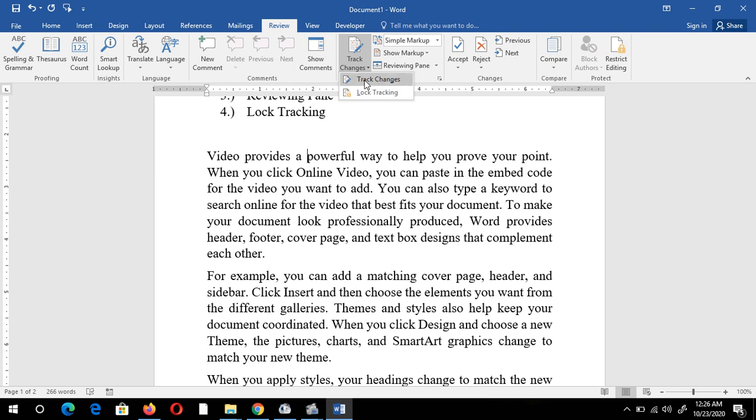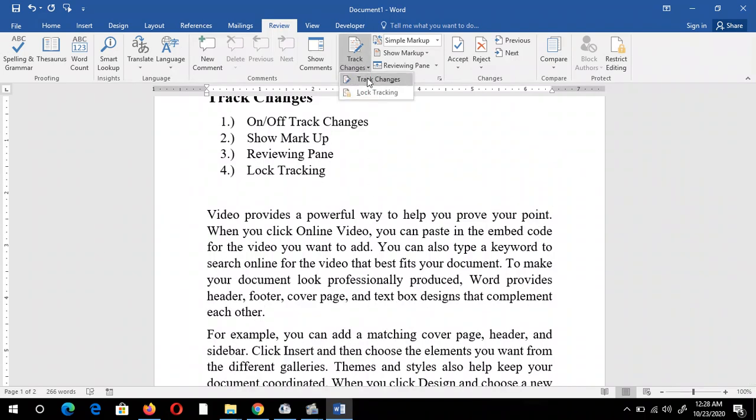One is Track Changes, another is Lock Tracking. If I click on Track Changes, it will turn on my tracking function. If I click on this option again, it will turn off my tracking function. So if I want to turn it on or off, I have to click here only.